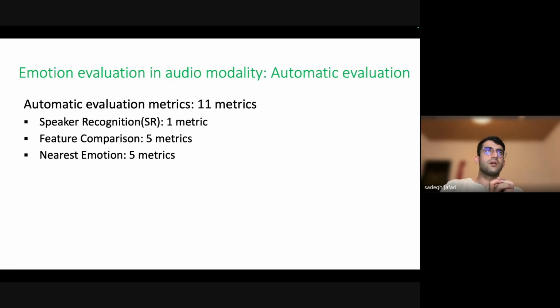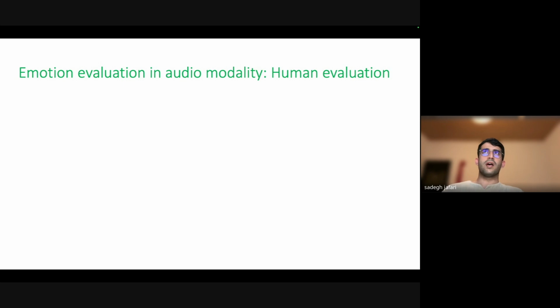So we have 11 different metrics here. And for human evaluation, unfortunately, it's not ready yet, but it will be ready maybe next month, and we will have the results for that. Then we can decide which metrics in our automatic metrics are more reliable.